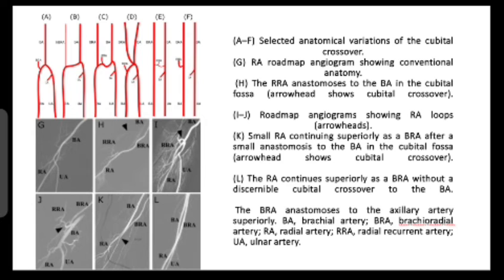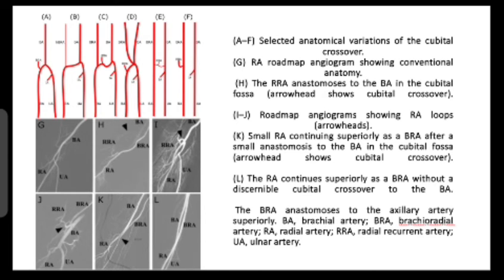In I and J angiographic images, there is indication of radial artery loops. In the K angiographic image, there is a small radial artery continuing superiorly as